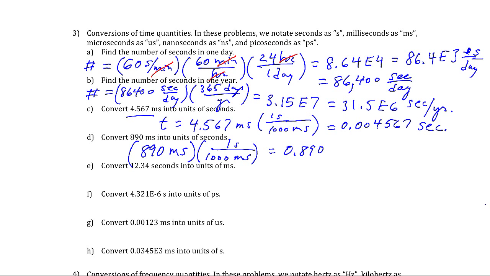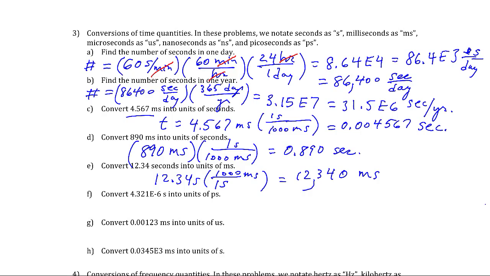12.34 seconds in units of milliseconds. I'm going to multiply this by 1 second is 1,000 milliseconds. And now I've got my number in milliseconds. So I'm going to multiply the 12.34 times 1,000. So it's going to be 12, one place, two places, three places. 12,340 milliseconds. The 0.89 above was in seconds. Okay. Next,